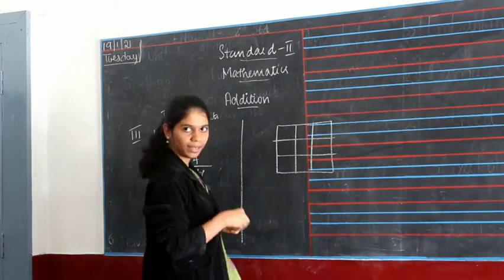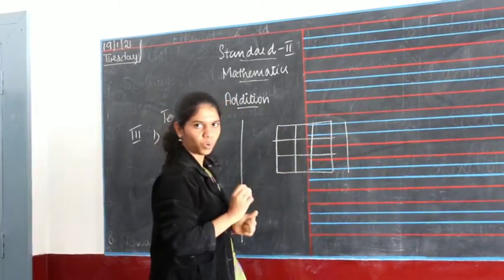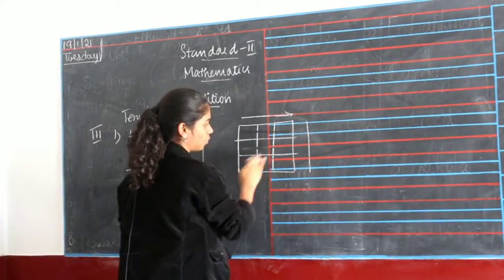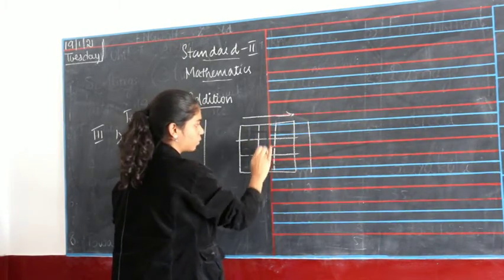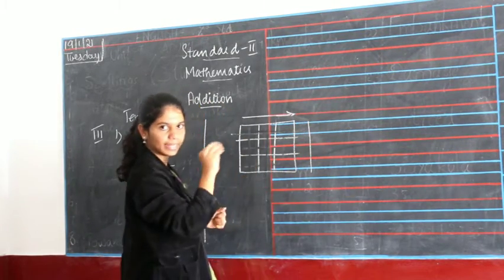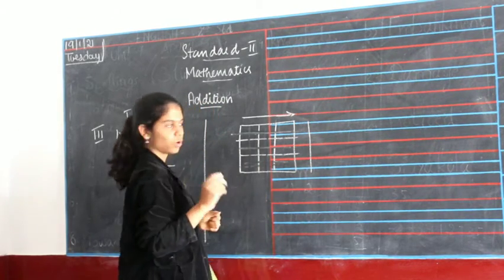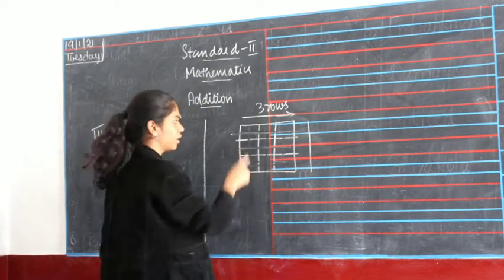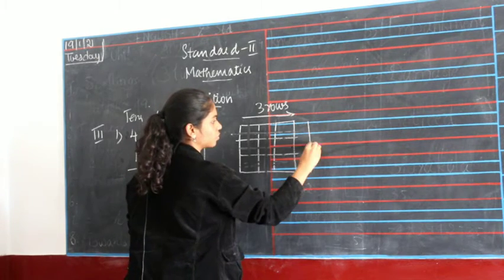Okay, so if you add the numbers here in the row, you know what is row? This is a row. So for example, 1 row, 2 row and 3 row. And this is a column. 1 column, 2 column and 3 column. So if this goes like this, then it is a row. So here you have 1 row, here you have 1 row and here you have 1 row. Okay, so you have 3 rows. And columns, this is 1 column, this is 1 column and this is 1 column. So 3 columns.